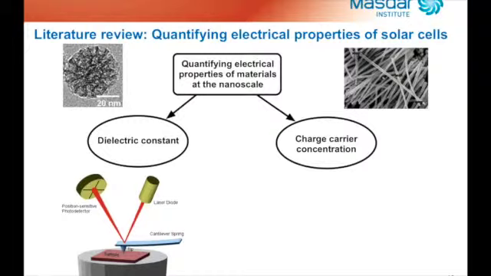An atomic force microscope is a microscope with a cantilever. By looking at the dynamic parameters like amplitude, frequency, phase, and deflection, we can reconstruct the topography. But this tool is very versatile, so I will show in the next slide how we can use it to determine electrical properties